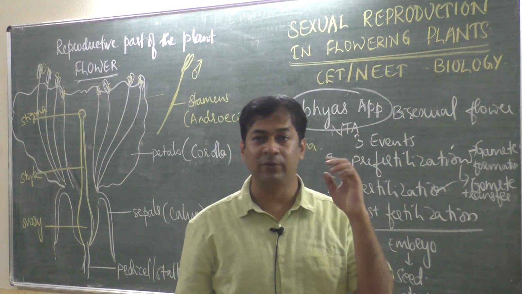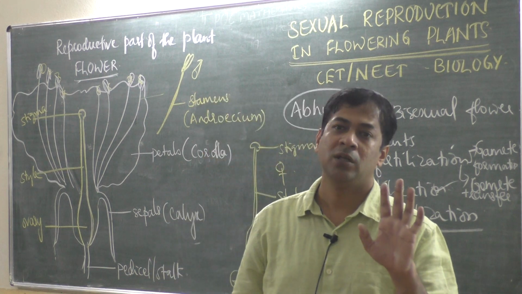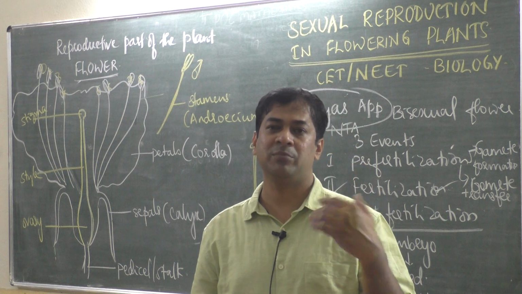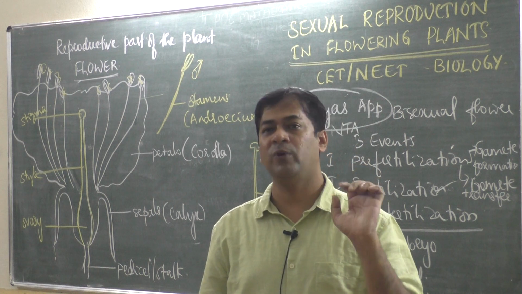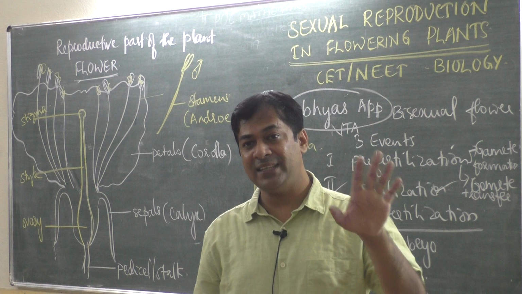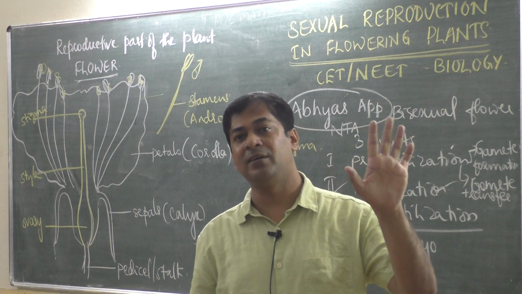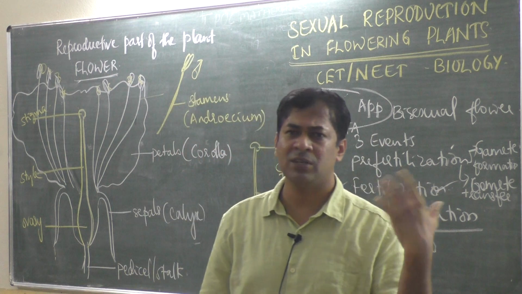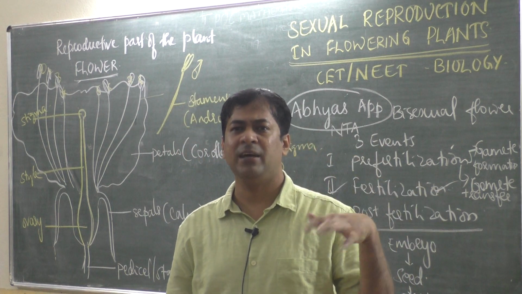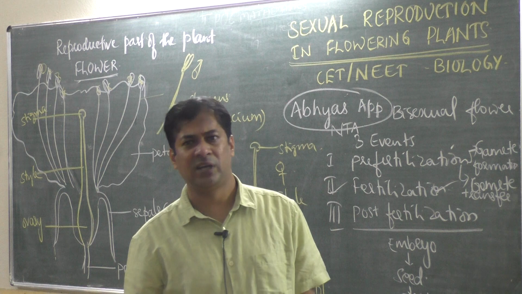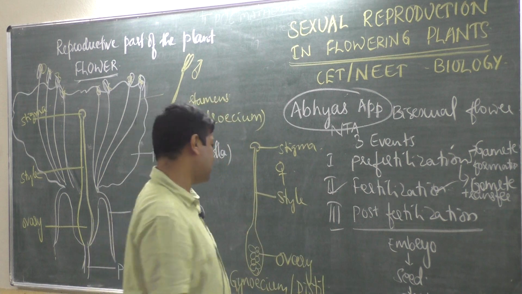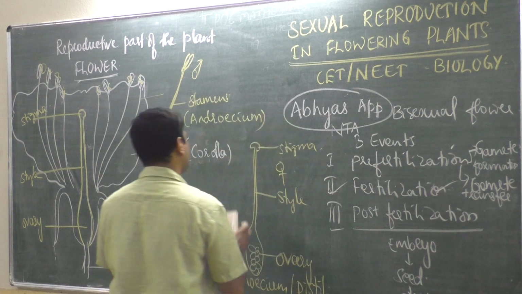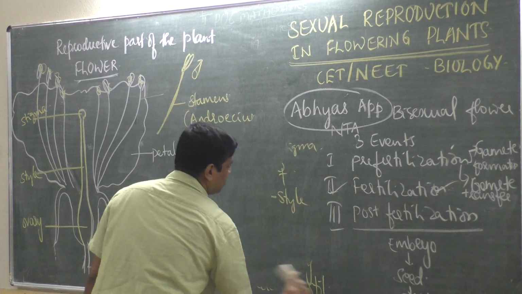Out of that already 23 chapters you know. So whenever the Abhyas app gives a question paper, you try to solve questions of these 23 chapters which you have already learnt. Once you finish all 38 chapters, then every day you can learn from the one question paper given by NTA in the Abhyas app. I gave you this information, I thought to give you. So next we will continue.